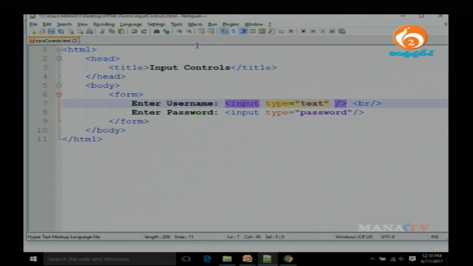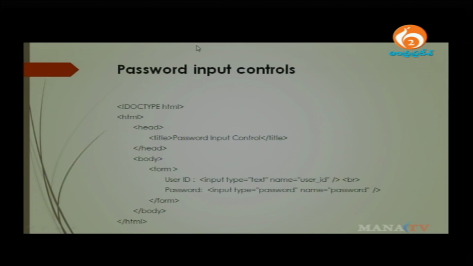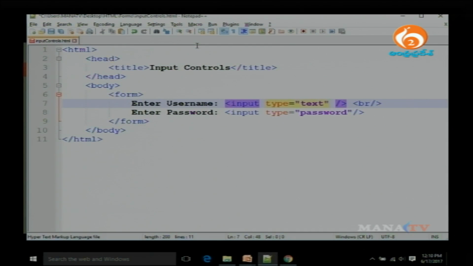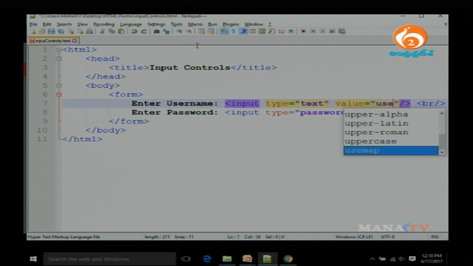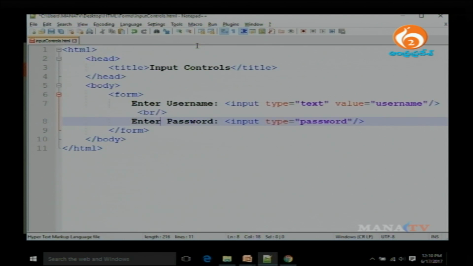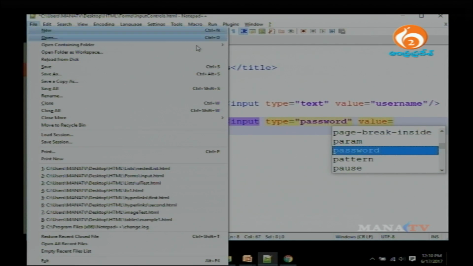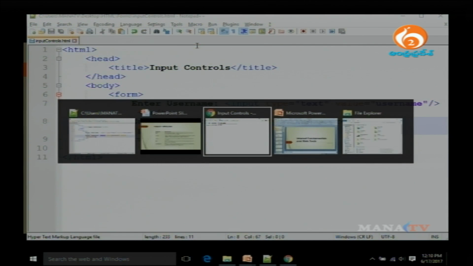name and here we will see few more things like the name and the value. So, what is the value that we would like to give for username? Value. So, value I am going to put as default, by default the value should come as username, and password, even if we put some value we do not know, but I am still going to put the value equal to password. So, I am going to save it and then go to the browser,